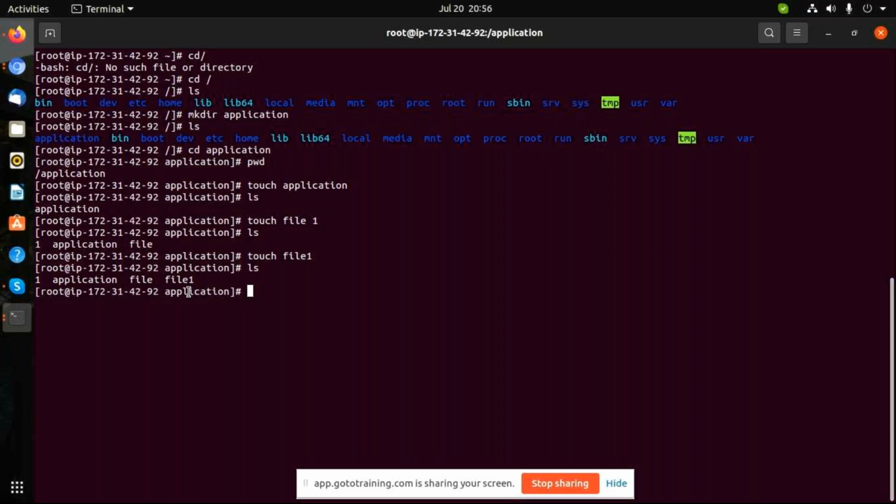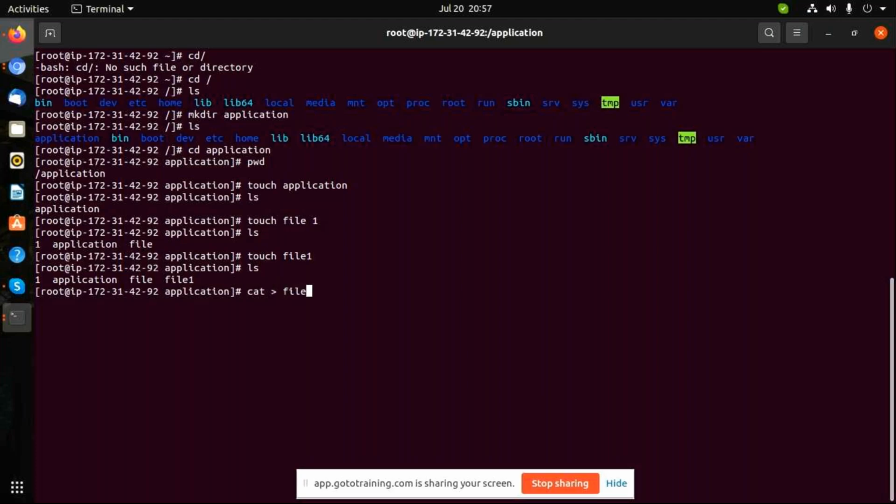Cat command. Cat space greater than space your file 1.